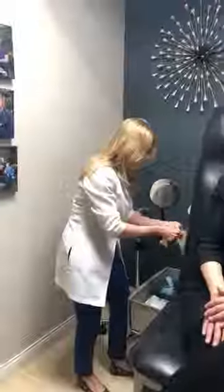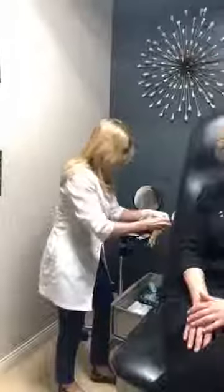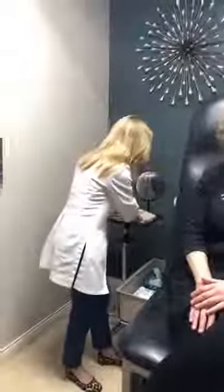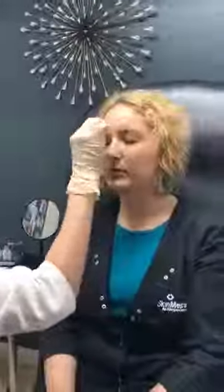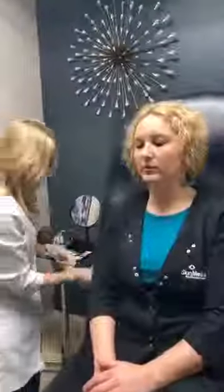And okay, so back to Botox can last 3 to 4 months. I usually tell people about 3. Now, as little amount as I'm doing on her, I would tell her more like 2 to 3 months. The more Botox you do, the longer it is going to last. However, we don't want to over treat so that you do have some movement. So I'm not saying let's do double the amount because we don't want that. It can take up to 2 weeks for the Botox to kick in. So I tell everybody that the average patient is 3 to 5 days. So don't expect miracles overnight. Don't expect that all your wrinkles are going to be gone